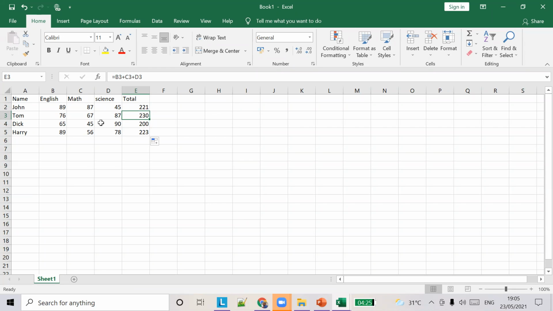The best thing here is that it doesn't just copy, it adjusts the cell references automatically. Here you have B2, C2 and D2, in this cell it is B3, C3 and D3, and in the next cell it is B4, C4 and D4. We just copied the formulas to the other cells, but Excel understands the sequence automatically and writes the formula itself.